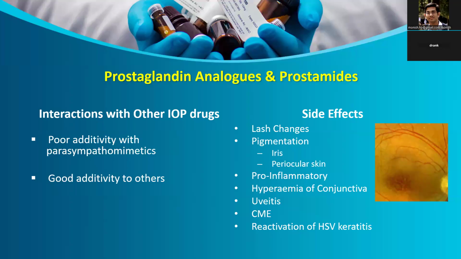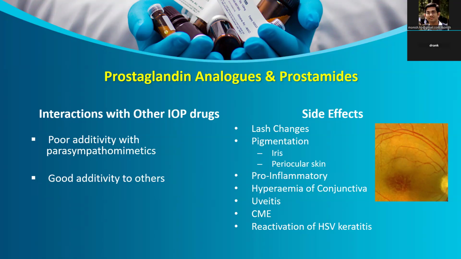What are the interactions with other drugs? Because it is a very good additive with all the anti-glaucoma drugs, only its concomitant use with cholinergic drugs should be avoided because they have mutually antagonistic reactions. So it should not be given with cholinergic or parasympathomimetic drugs, but it can be given with any other class